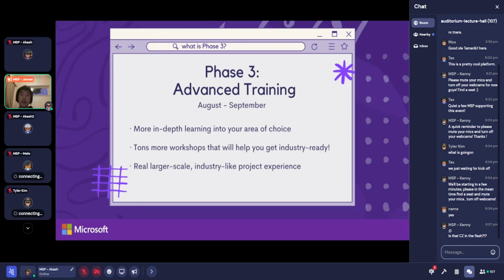So if I choose front end, there will be some MSPs who are really good at front end and teach you more in depth React and also Redux, if some of you have heard of it, and also different UI libraries and designs. Also those commercial ones like Tailwind CSS, those are really helpful contents, and there will also be a lot of workshops on different areas provided by our MSPs. And phase two is really the time for you to know what the reality is.